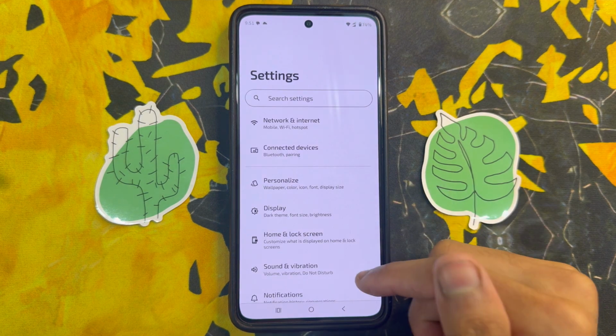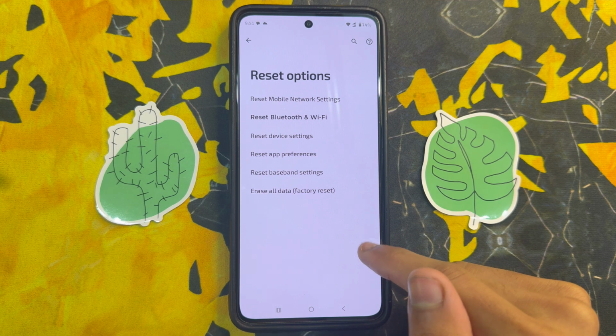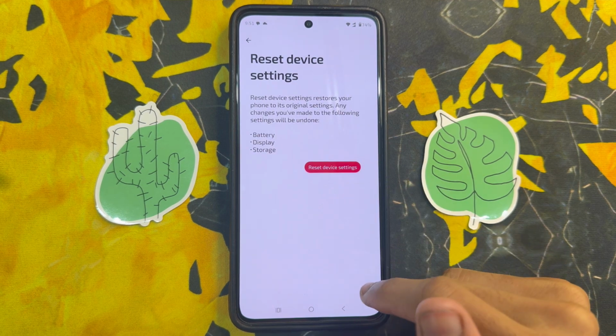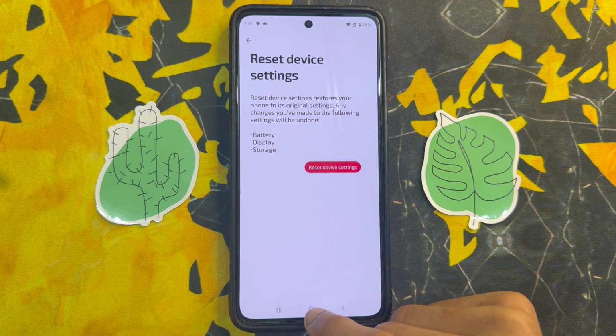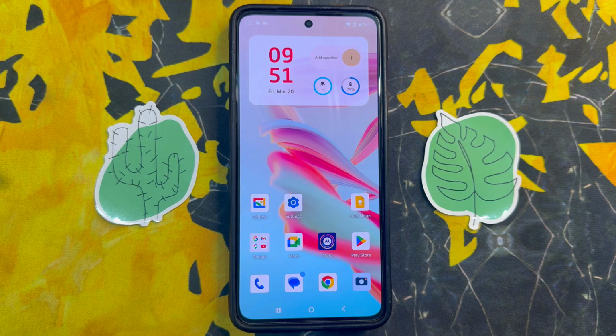click on settings app, scroll down and click on system and reset option and click on reset all settings. After click on reset all settings, go back to home screen. So that's how you can fix music fail to play trackers error on